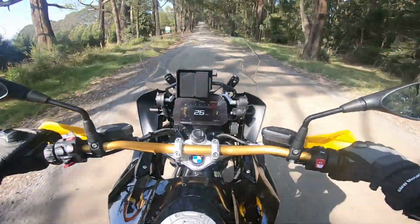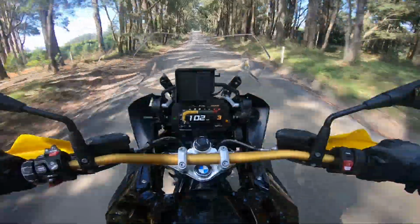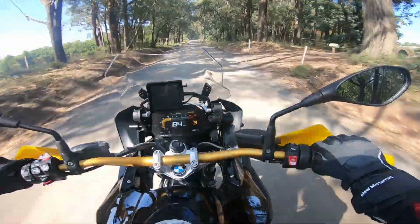Dirt! Better stand up too, eh? Oh man, that is a lot of grip on a dirt road. That is...